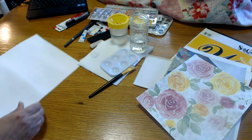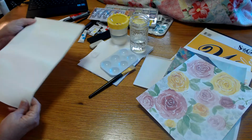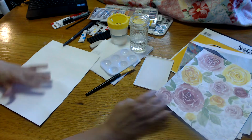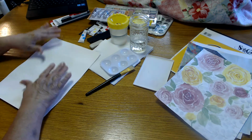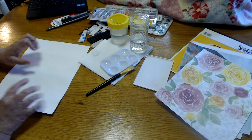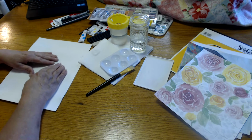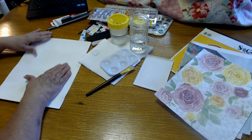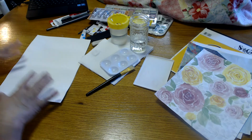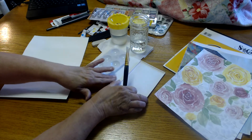So today, what we're going to do is I'm going to do a watercolor with you guys, and this is just a heavyweight 8.5 by 11 or 9 by 12. This is a 9 by 12 sheet of watercolor paper, and what I want to do is a painting on this that is somewhat abstract, but only in colors, because I'm not going to paint actual forms. But the end result here is I want to cut this up into potential ATC cards and have that as already done, to where anytime I need to do an ATC card, I've got my background